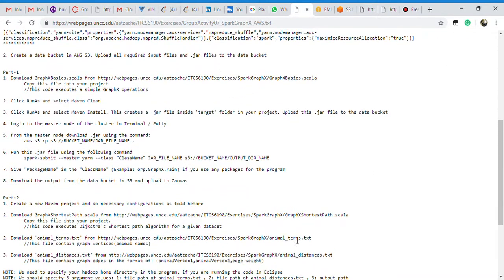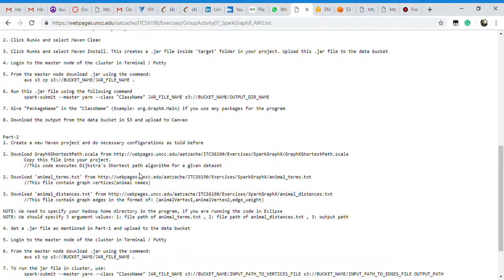In the second activity, we are creating one more project in our Scala IDE, and likewise we are pasting the dependencies in our pom.xml file, and we are creating a new Scala class as I have created here, and we need to paste the graphics shortest path.scala code which is given here into your project, and we run the project which will give us